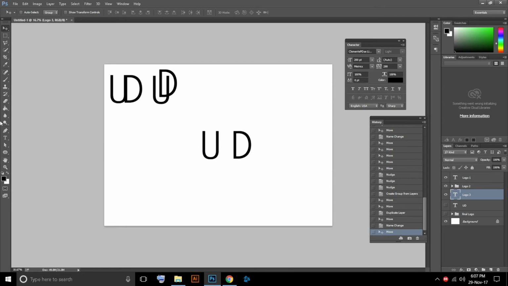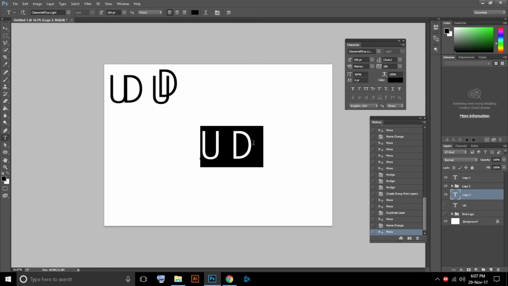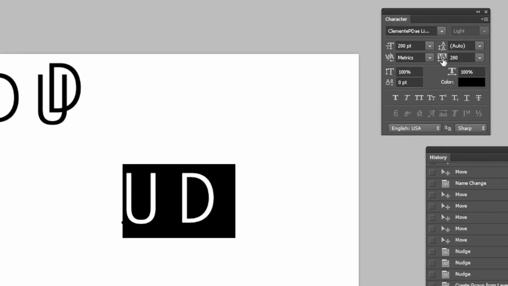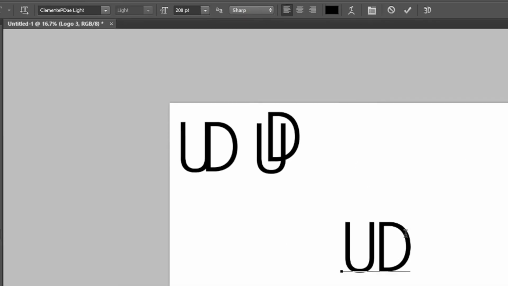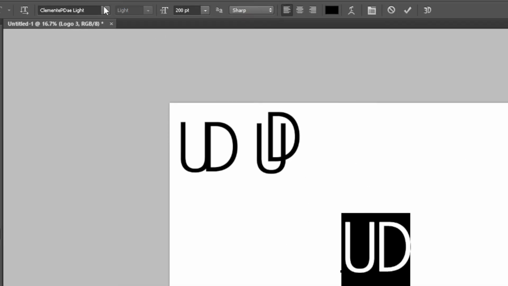Okay, so for the third one, I'm just going to highlight them and bring them a little bit closer. They're really far apart, so just drag it to your left to bring them closer, and that should be good. And I think for the third one, I should try the thickness a little bit. So I'm just gonna choose